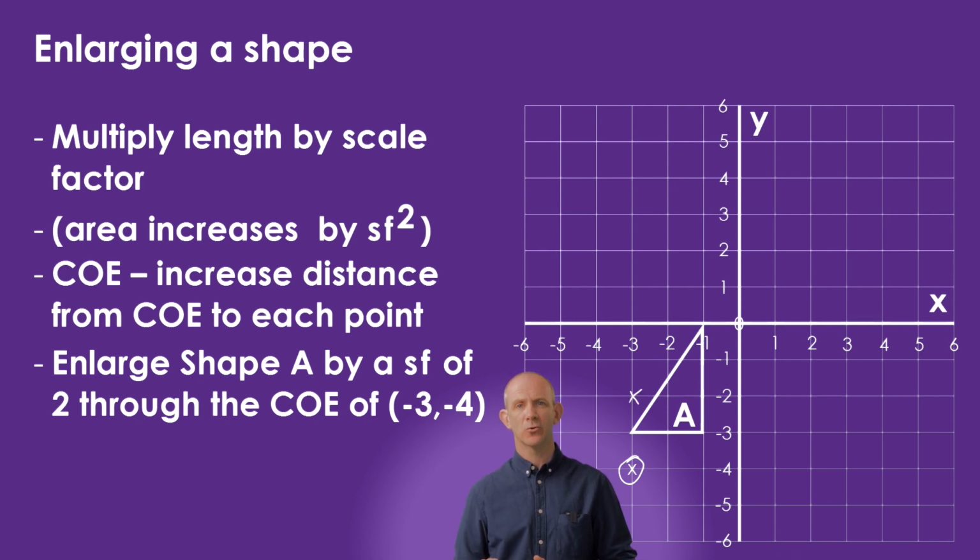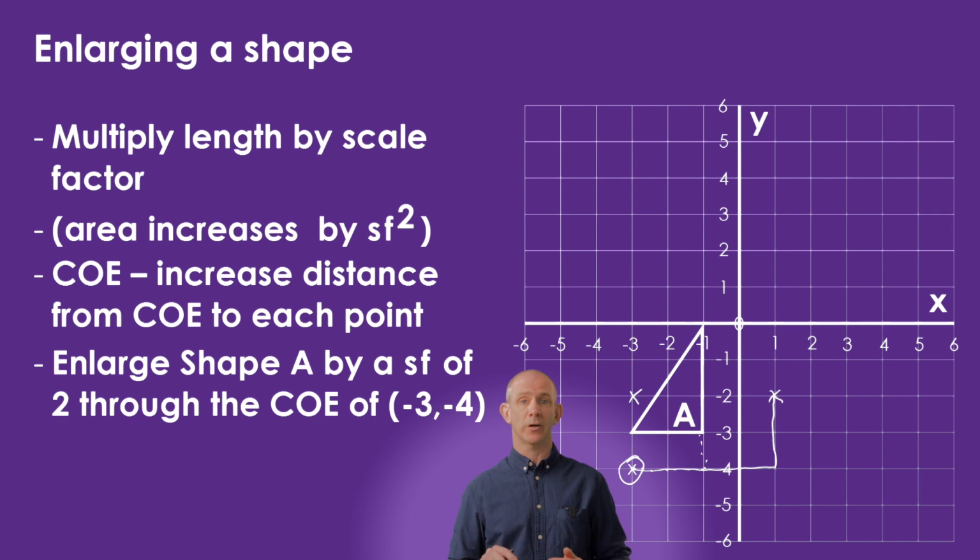For the bottom right-hand corner of the shape, I'll go across by 2 and up 1. So the distance from the centre of enlargement to the new point will be across by 4 and up 2. That gives us 2 of the corners, and I could do the same for the top corner. But as I know the side will be doubled due to the scale factor of 2, I can just double